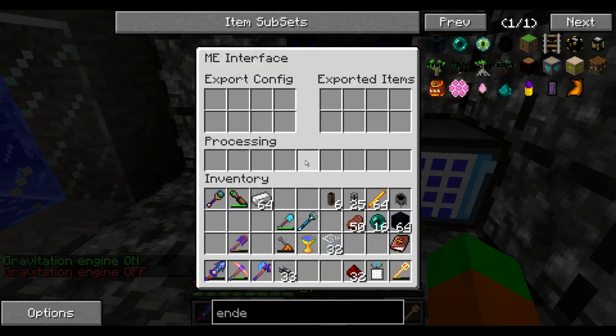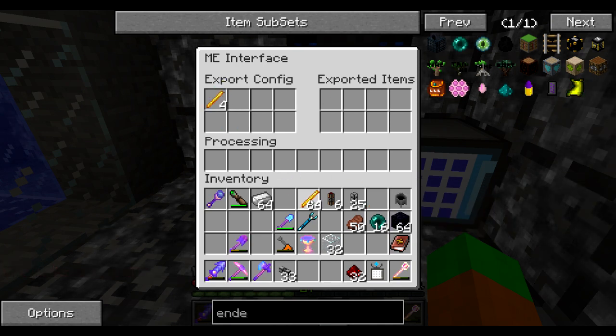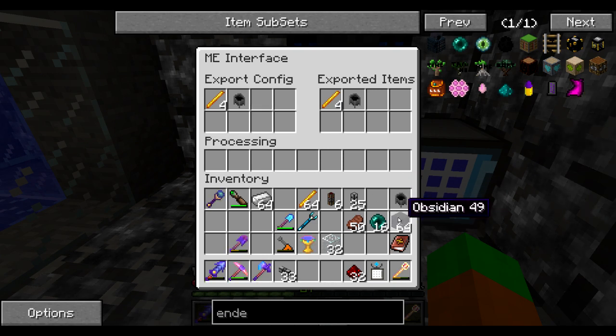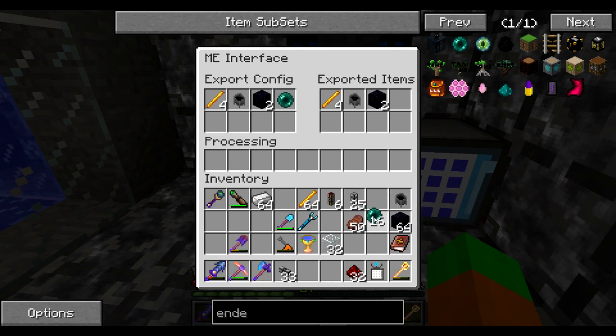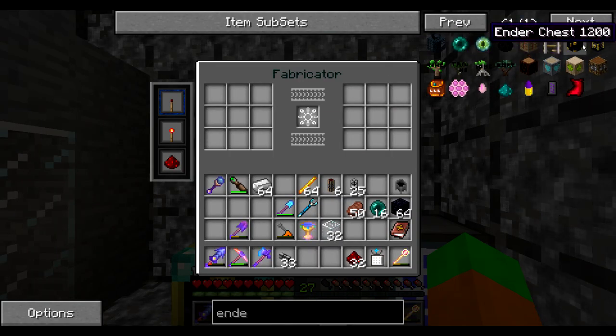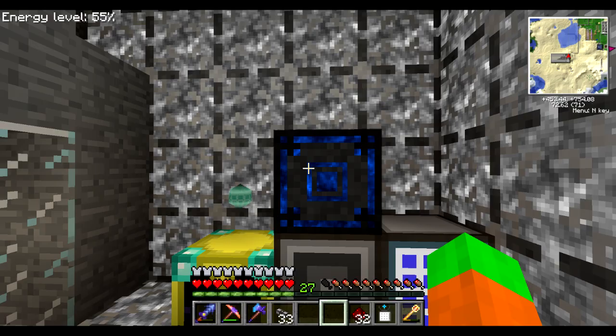So we'll be here. And I'm going to tell this interface at all times, keep 4 blaze rods available, a cauldron, 2 obsidian blocks, and an ender pearl. At all times, keep those here. And I'm going to print the ender tank recipe here. And what that's going to let me